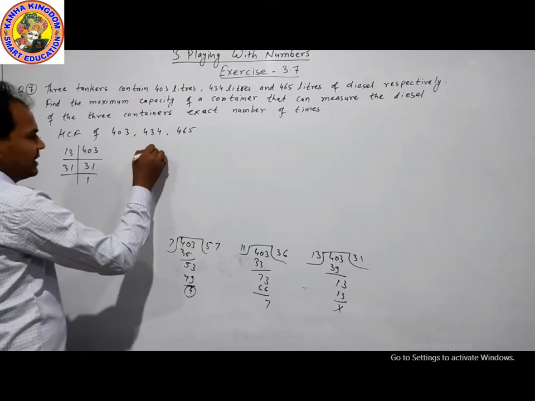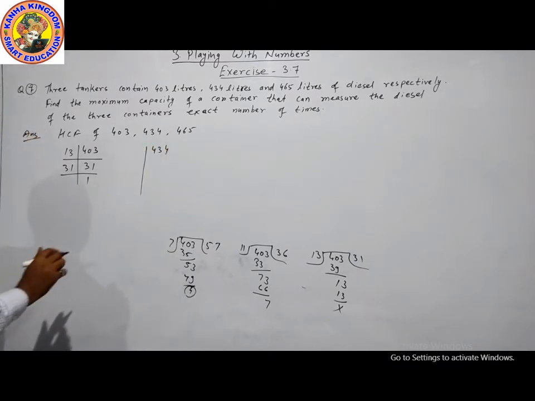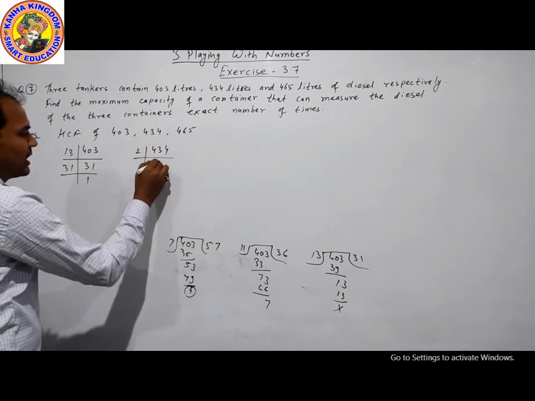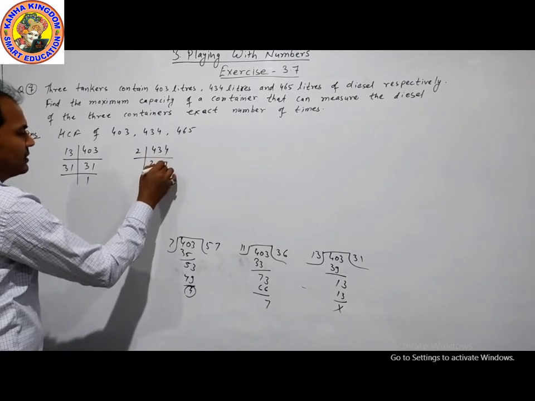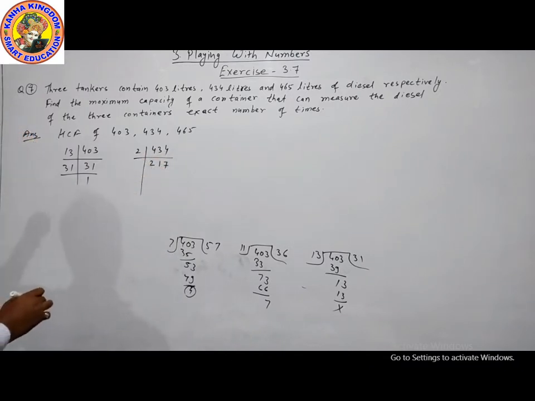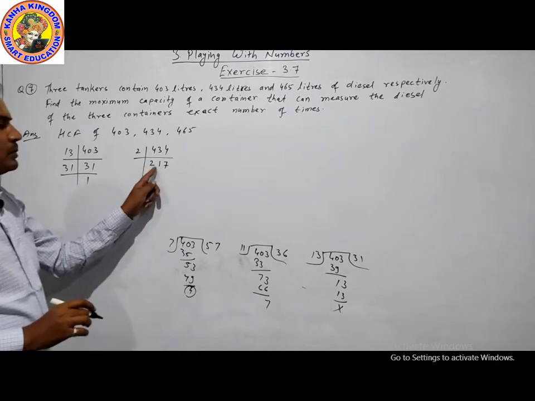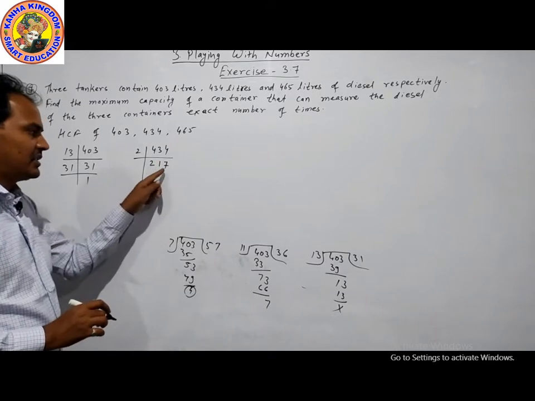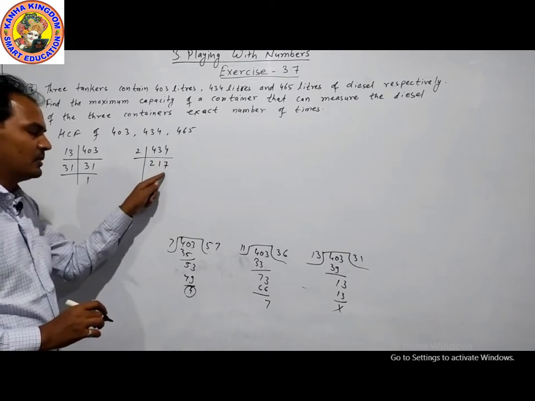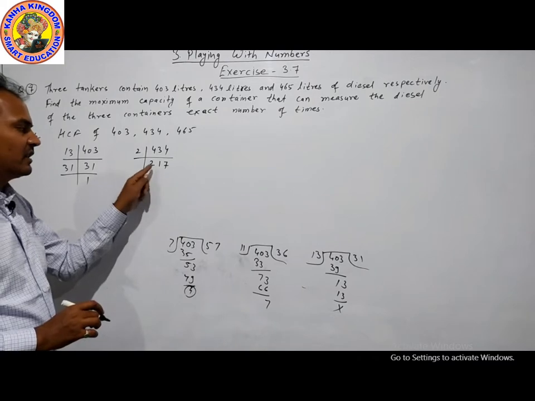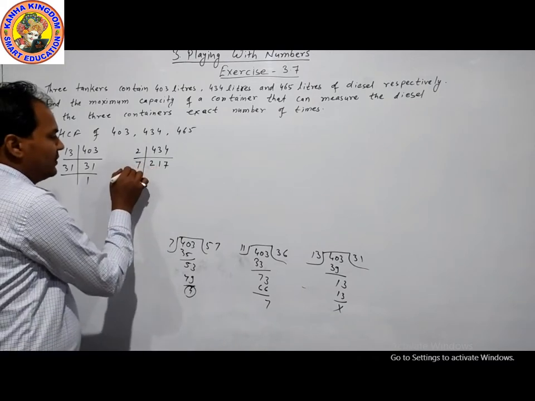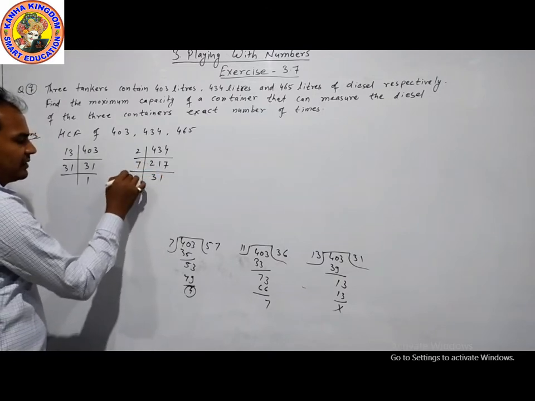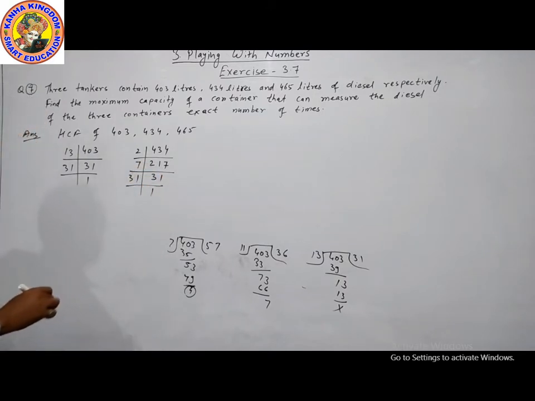Now finding the factors of 434. First of all, we will divide by 2: 2 times 217. Then 7 times 31. 2 plus 1 is 3, 3 plus 7 is 10, so it cannot divide by 3. Next is 5, cannot divide by 5. Now we will try 7. 7 times 31, so we can divide by 7. Dividing by 7, we get 31. Now this is over, 31.